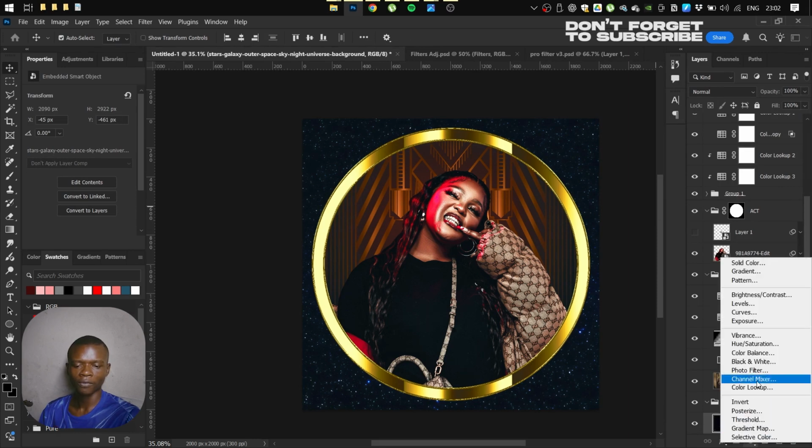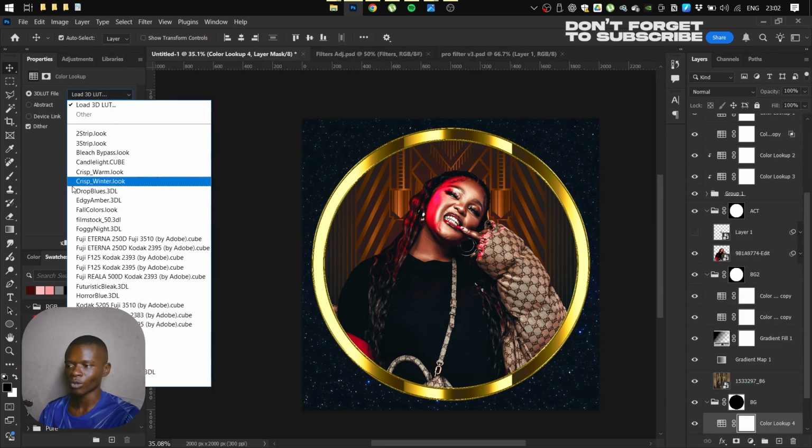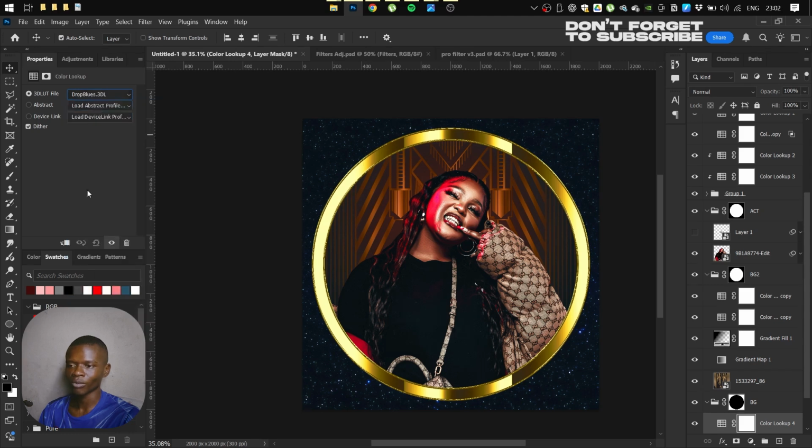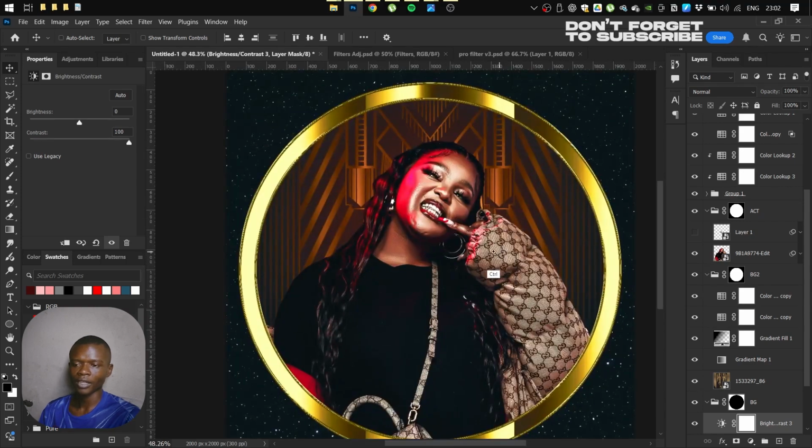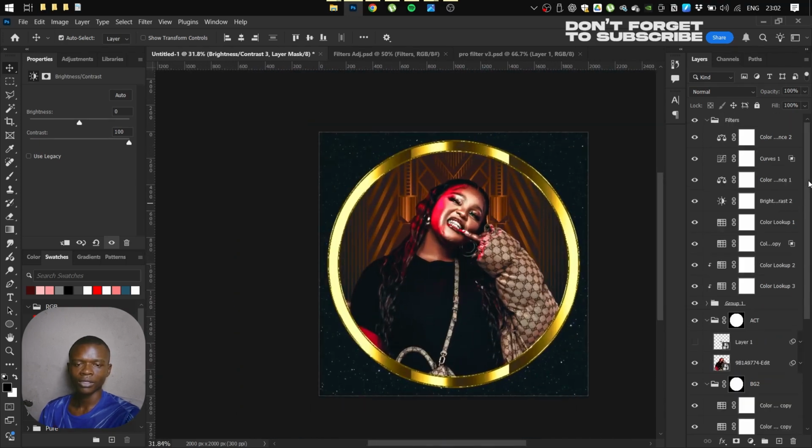then just say color lookup and then drop blue. All right, so we're going to drop the blue out of the way, and then add a little bit of contrast to it, so it's going to look somewhat like that. Okay, so once it's like that, now the other thing that we're supposed to do now is just go here